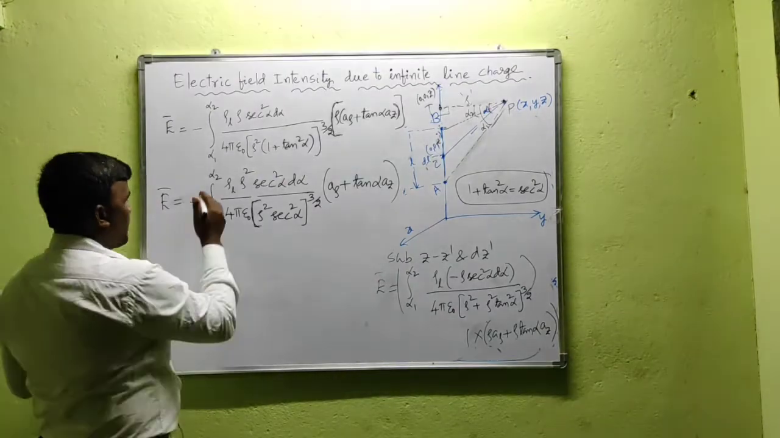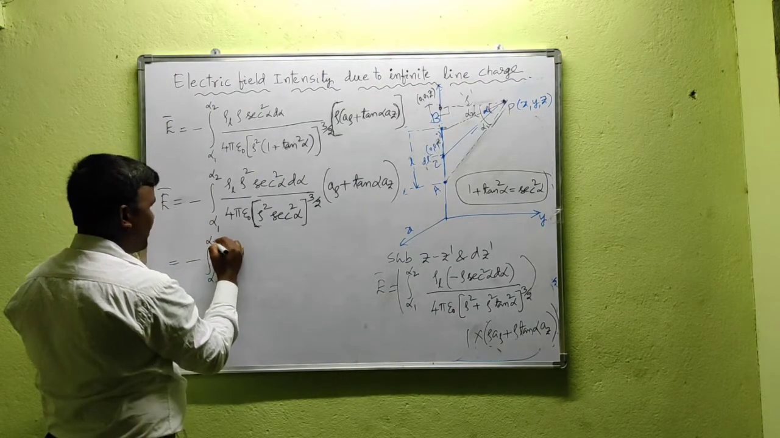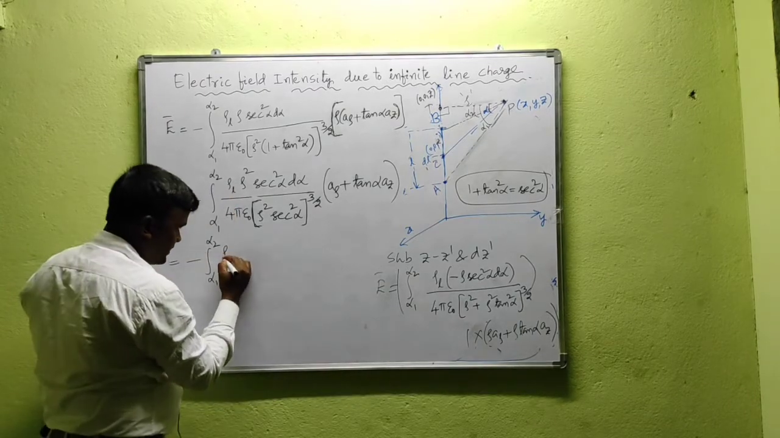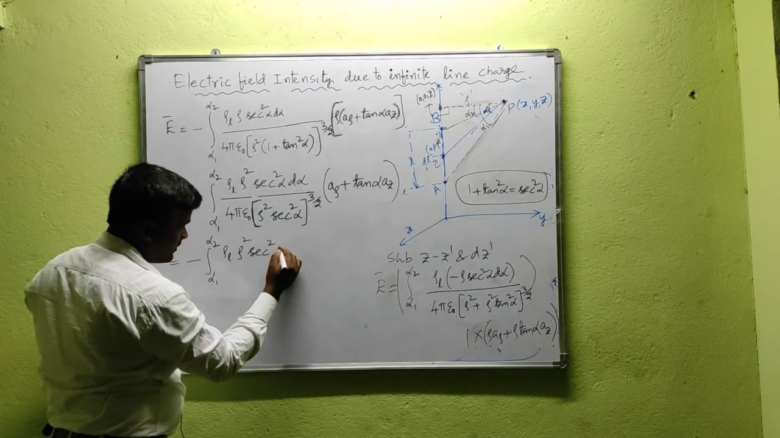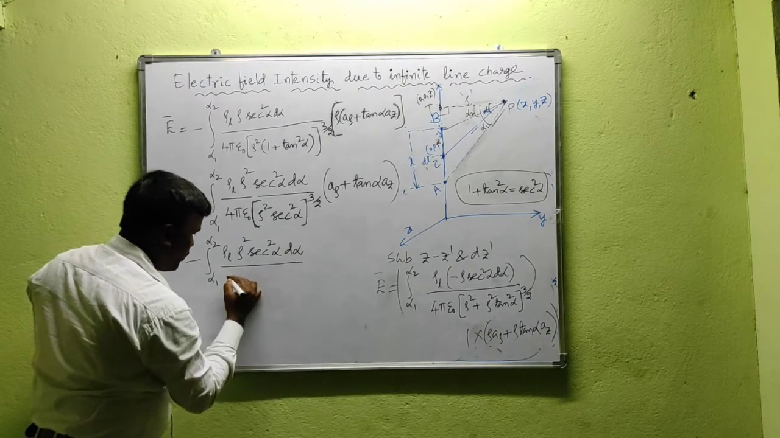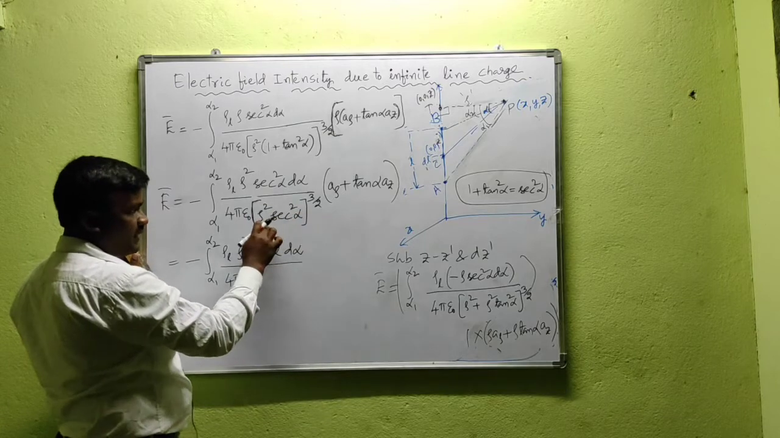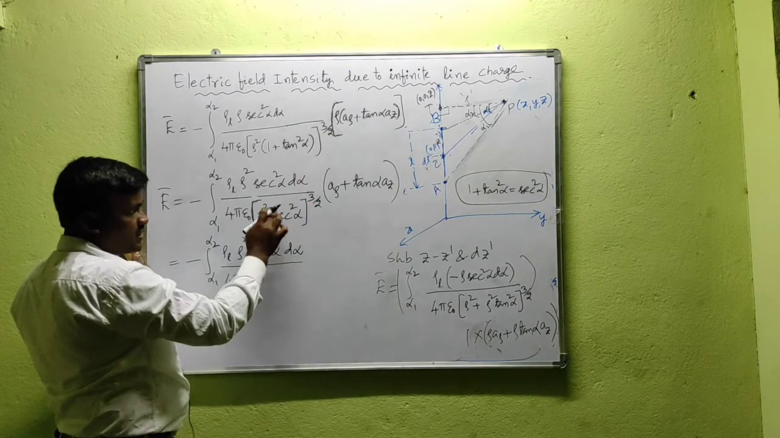Now this can be written like this: integral alpha 1 to alpha 2, rho L, where rho L means line charge density, into rho square secant square alpha d alpha by 4 pi epsilon naught. Rho square secant square alpha means rho into secant alpha, whole square. So this square